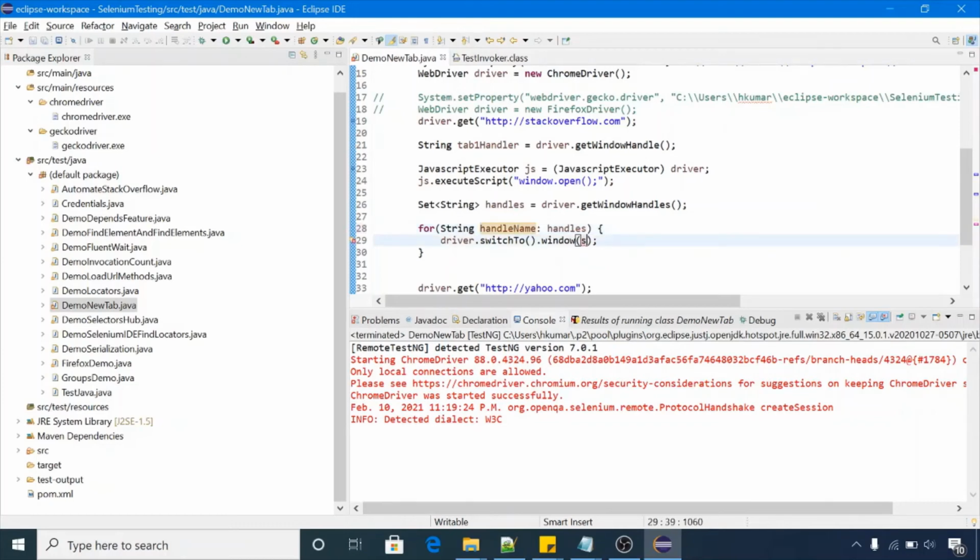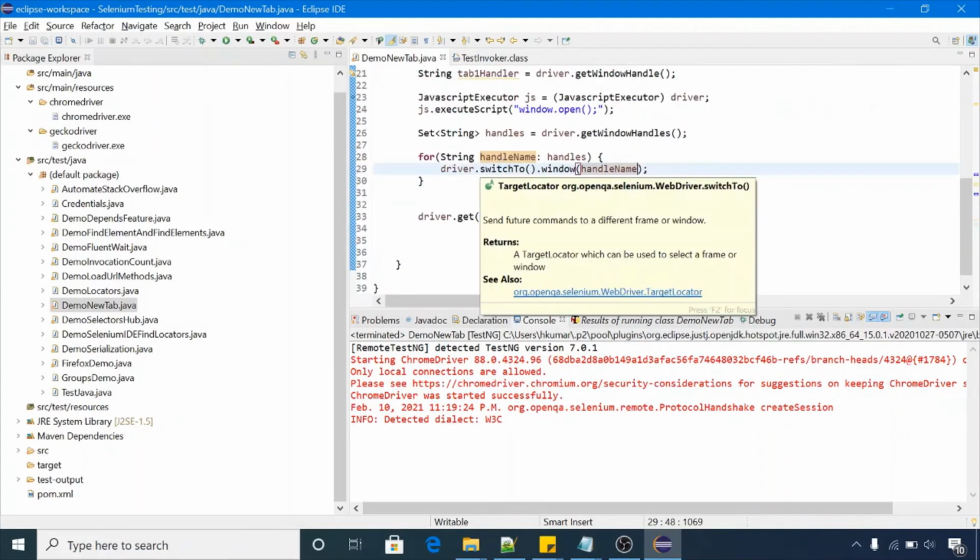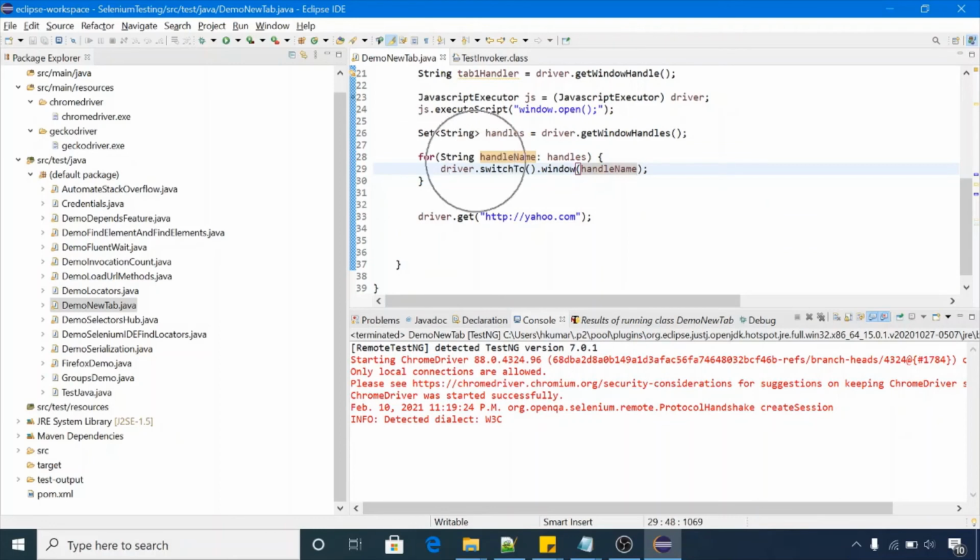When Java executes this loop, first it reads all the handles. The first one is the handle of the original tab that we got when we launched the browser, so it will switch to that window, and in the loop it then gets the second handle name, that of the second tab. When we exit from this loop, we will have the handle of the second tab.